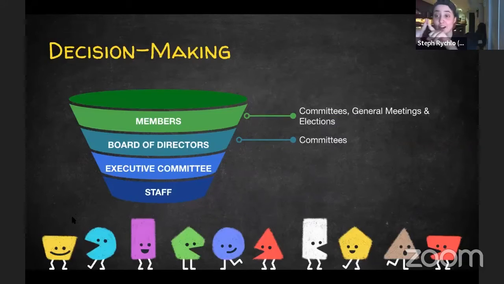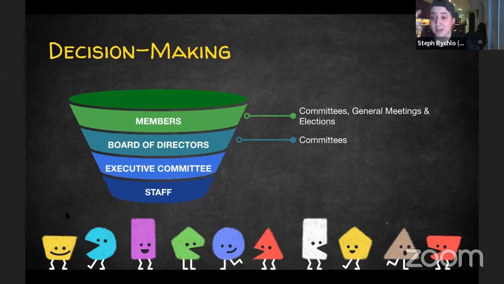They think of at the top there being like a boss, and then as it goes down, the folks have less decision-making power in the organization. However, we're kind of a flipped model of that. So the biggest decision-making body of our union is our general members. So anyone who is a part-time degree student, a continuing education student, or a certificate program student, or even folks that are enrolled in undergraduate studies through the RSU, they can still be our members by coming to events, or if they're enrolled in continuing education Chang School classes, then they can also attend things like our committees, our general